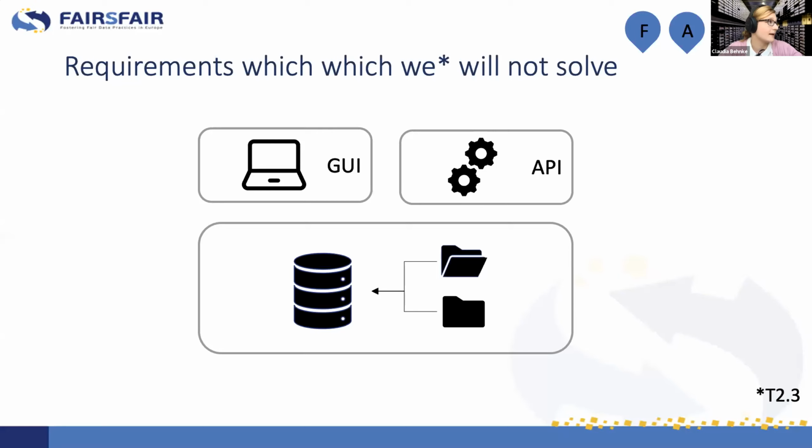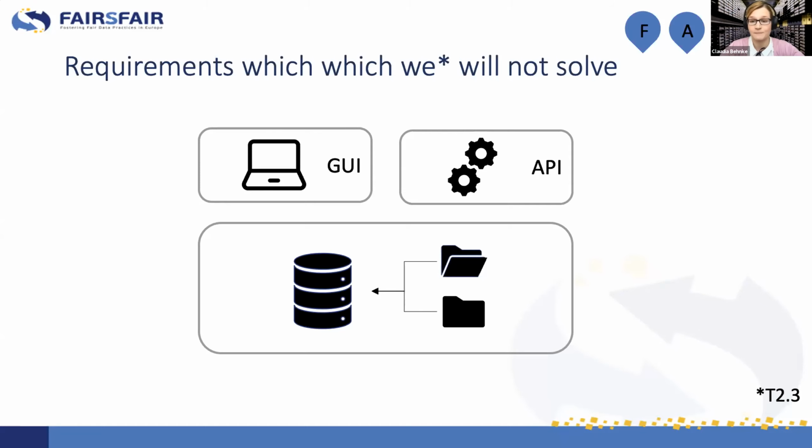And these requirements were listed in the deliverable that we published. Since you can all read the deliverable, I thought I'd give you some extra knowledge, because in the deliverable we sorted these requirements into technical and organizational requirements. But what I now want to present are the requirements that we, as task 2.3, try to solve, and some that we just cannot solve. I will not mention all the requirements, but I will highlight some and explicitly mention those that we solve. Additionally, I add which part of FAIR each requirement should enhance.